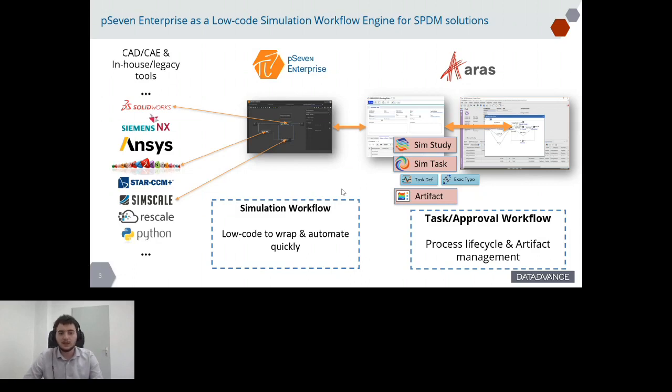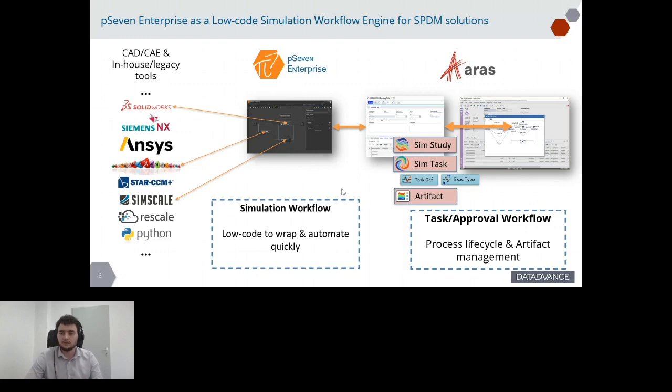And the idea is to wrap them into a simulation workflow to automate and call them very quickly using pSevenEnterprise, and then to use a communication between Aras and pSevenEnterprise to simulate the process